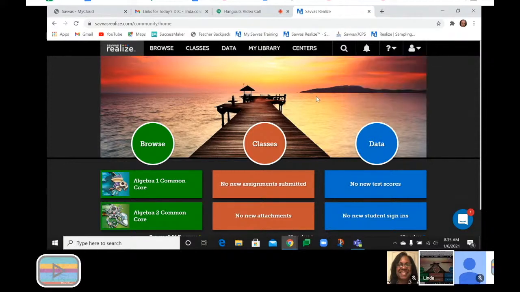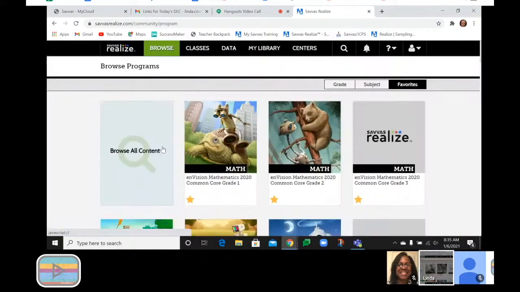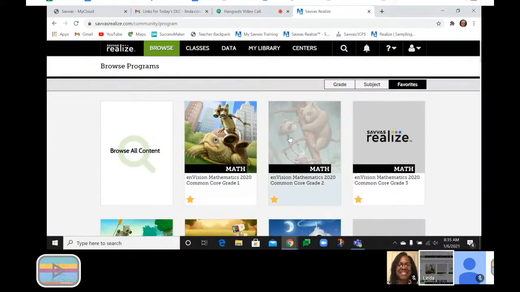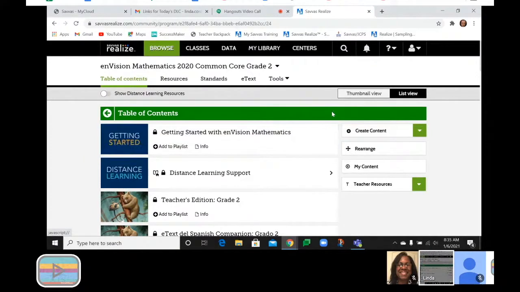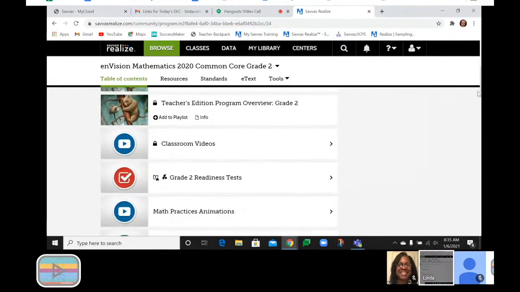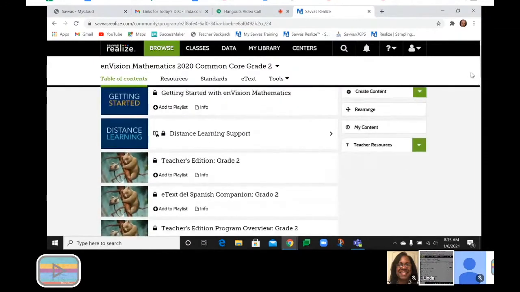Okay, but like I said, we're going to go to this Browse tab, and notice you can click either at the top or on that little circle. And we're going to start off, I'm just going to go to second grade to start off with. All right. And as you scroll down, I want to mention that there are like 3 layers within your browse. The first layer is going to be like a broad, big picture layer. And so as you scroll down, you see you've got beginning of the year stuff, your teacher's edition, and then